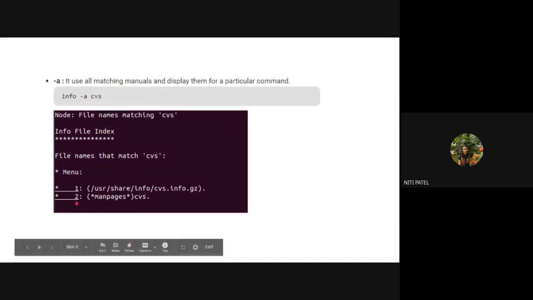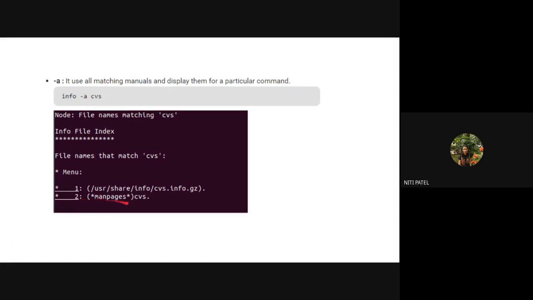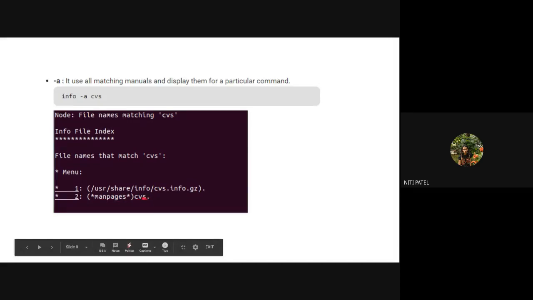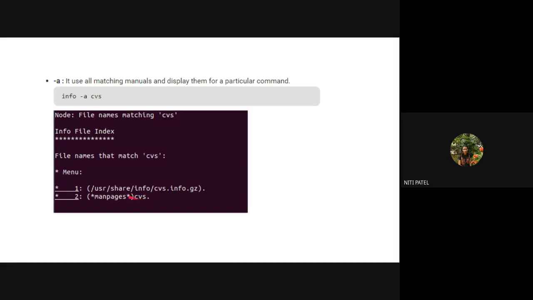Okay. Then there is one more file called CVS. What is that CVS? A detailed information about the CVS is also found in the man page. Now, what does this mean? Whatever information is there in the info page, you will find the same information in the man page also, but it will be in short form.